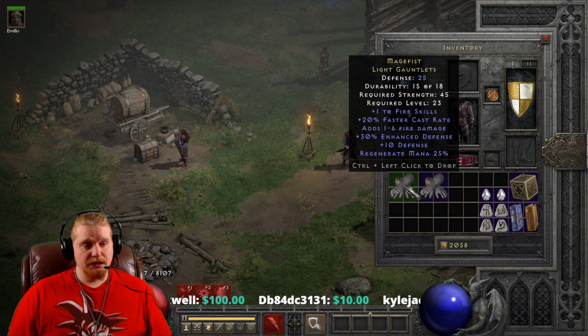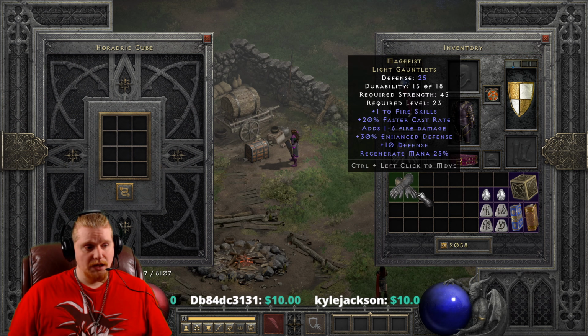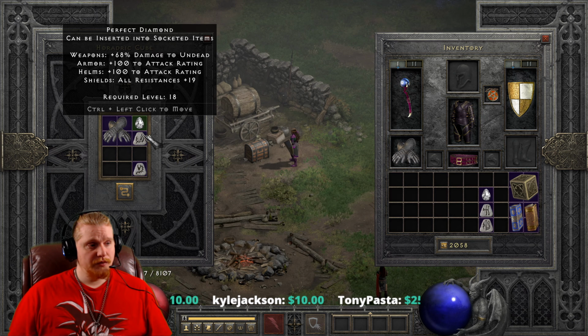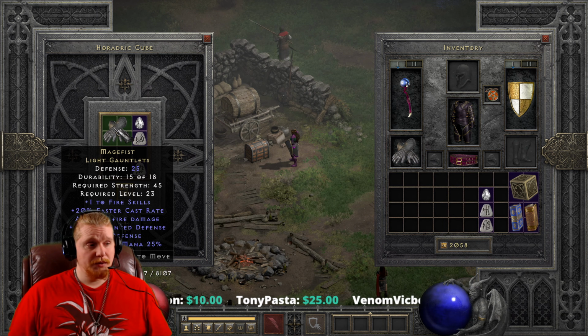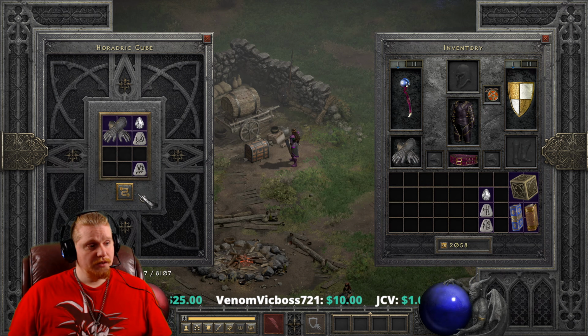And these gloves are actually pretty nice to upgrade. So we'll keep the originals here, and we're going to go ahead and upgrade these. If you want to upgrade these at least 1 tier, you're going to need a Perfect Diamond, a Ral Rune, and a Soul Rune. And upgrading these is going to give them a higher level requirement and a higher strength requirement. So right now we are at 25 defense, 45 strength, and 23 level requirement. And upgrading them will get us to...